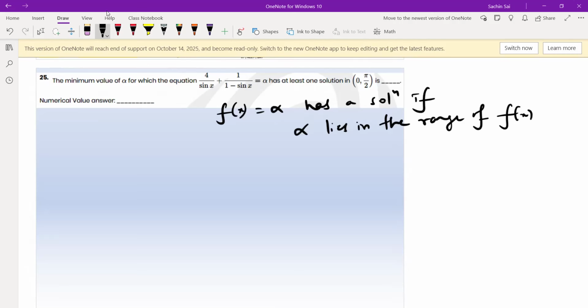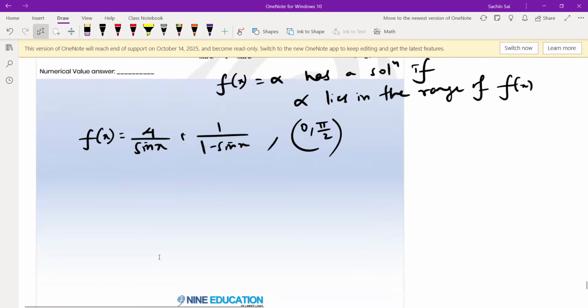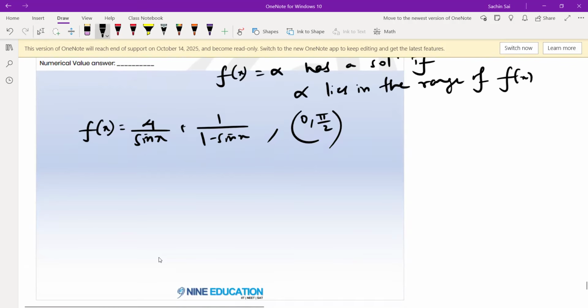So here, similarly, if you take f of x as 4 by sin x plus 1 by 1 minus sin x, then alpha should be in the range of this function. So here I have to find out the range of the function f of x in the interval 0 to pi by 2. Right? I have to find the range of the function f of x in the interval 0 to pi by 2. So how can that be done? Right? So here I can say that